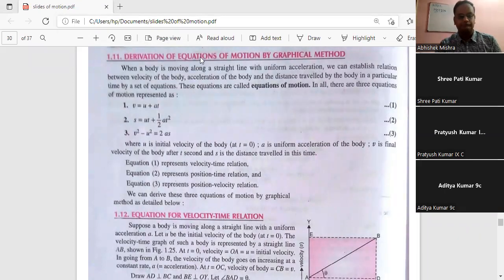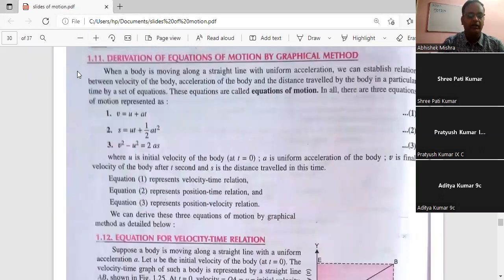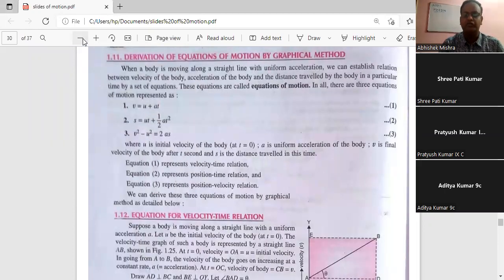So here, first of all, when a body is moving along a straight line with a uniform acceleration, we can establish a relationship between the velocity of the body, acceleration, and the distance traveled by the body. Okay, so first of all,